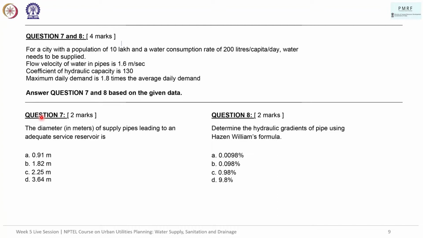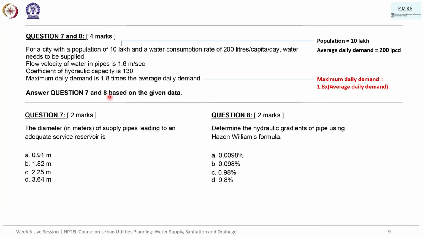And we are supposed to be solving these two questions. So, what are the details that we have? One is a population of 10 lakhs. We also have an average daily demand, which is 200 LPCD, and the maximum daily demand is to be taken as 1.8 times the average daily demand, so 1.8 times the value. And then the flow velocity of water, V, is given as 1.6 meters per second,